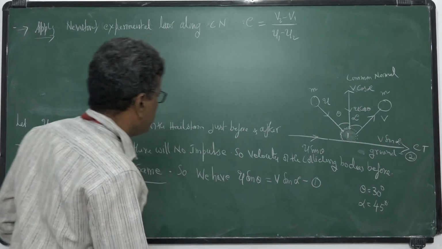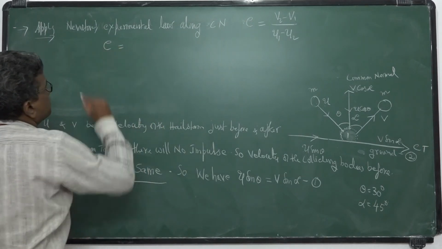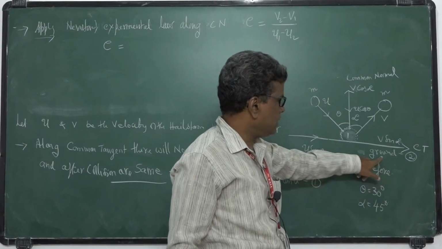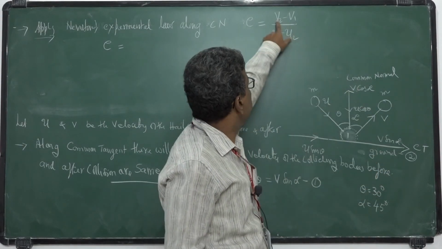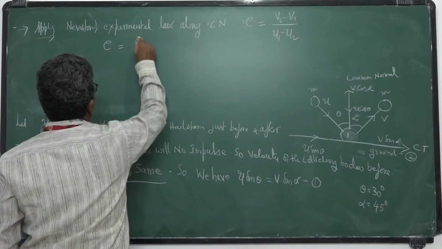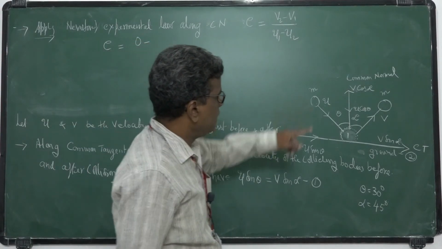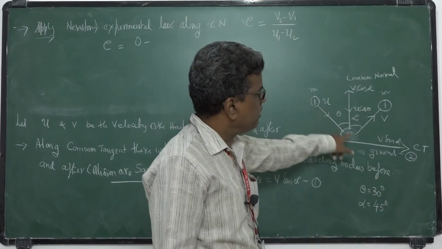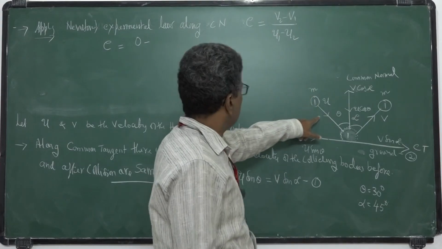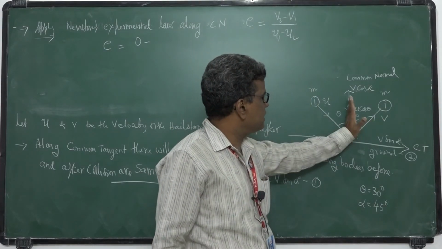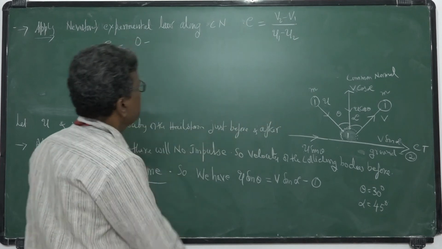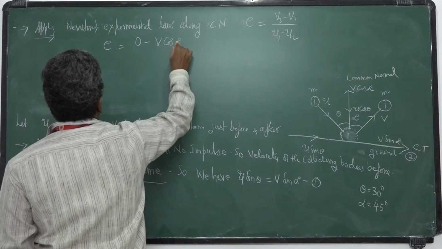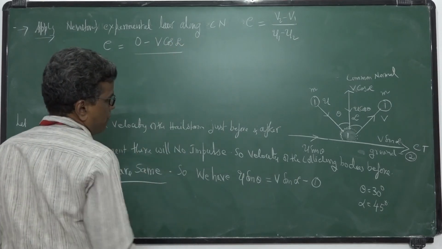E is equal to V2 over... so 2 is at rest. I assumed 2 is ground, which is at rest, so it is 0. And 1 is the ball, hailstone or ball. So 1 is the hailstone, which has velocity in this direction after collision, that is V cos alpha. So V cos alpha is equal to,